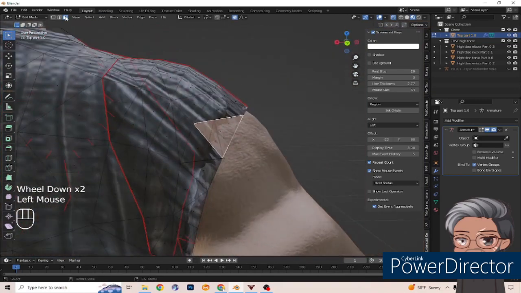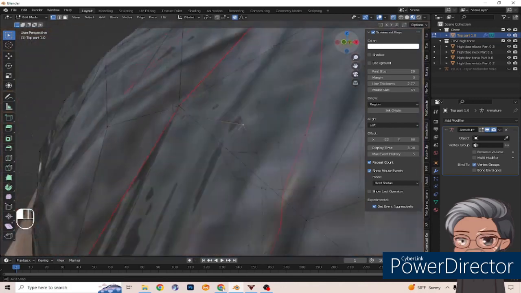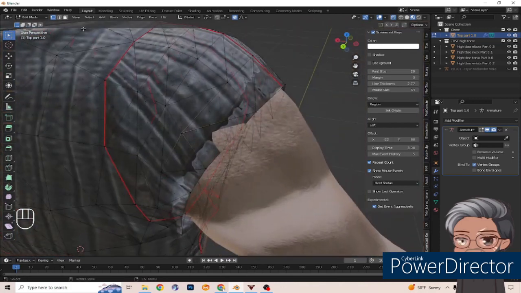So there are different selection modes. You have vertex, edges, and faces. Faces are basically whole entire triangles. Edges are like the lines that are connected, and the vertexes are the individual points. You'll have to mix and match which type of selection you want to choose when sculpting. But I think I can get away with using